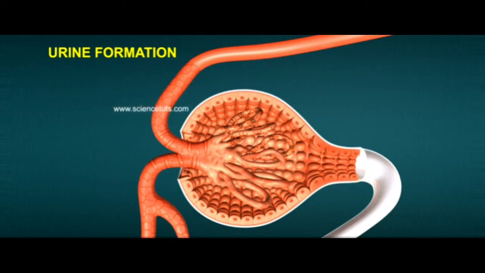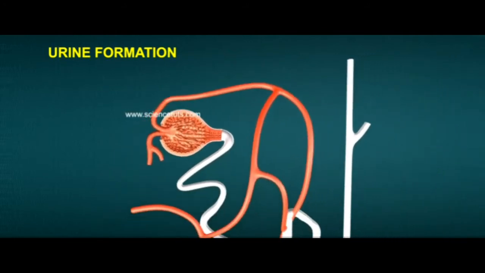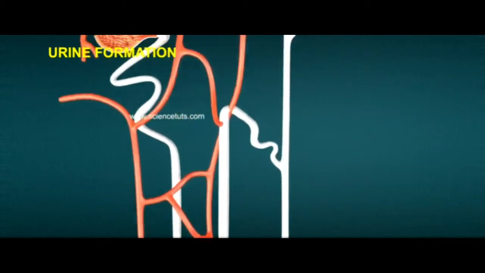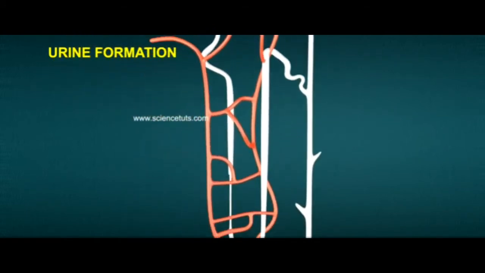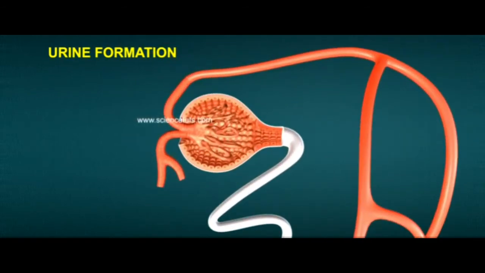When the blood flows through the capillaries in the glomerulus, it gets filtered through the pores in the walls of the capillaries. All the water-soluble, small molecular weight substances such as salt, glucose, amino acids along with the nitrogenous waste are filtered from blood. Blood cells and proteins are not filtered through the pores present in the capillary walls. This filtration is called ultrafiltration.